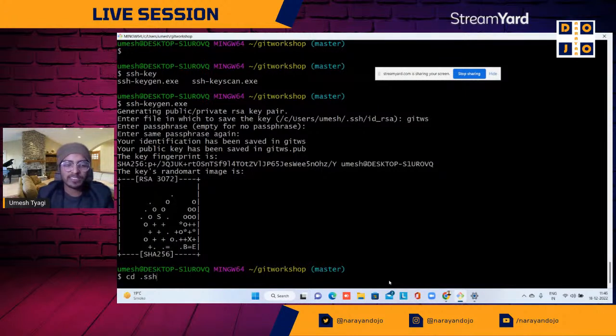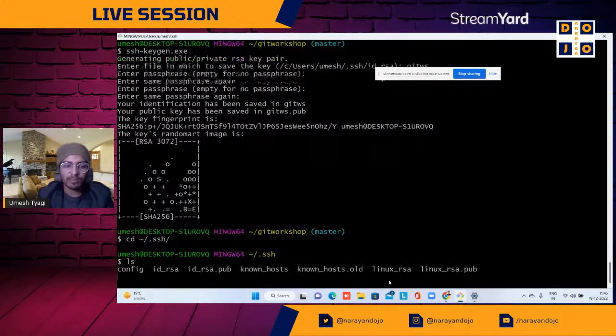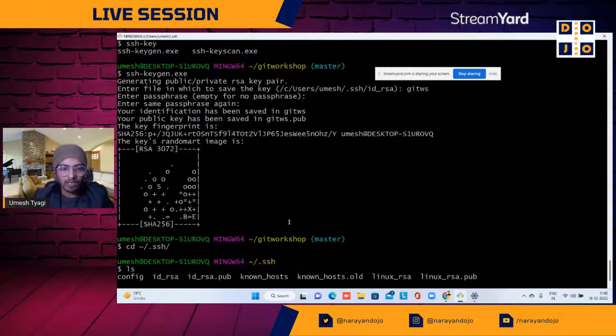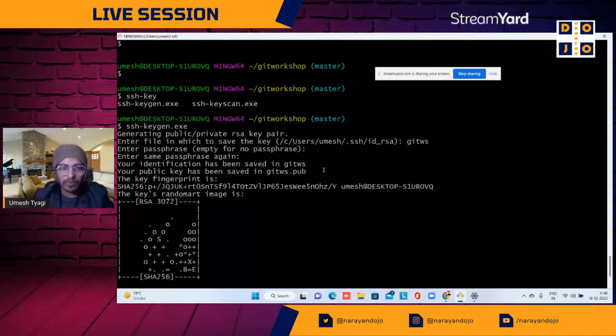So go to the SSH folder and list out all the files. Here you can see